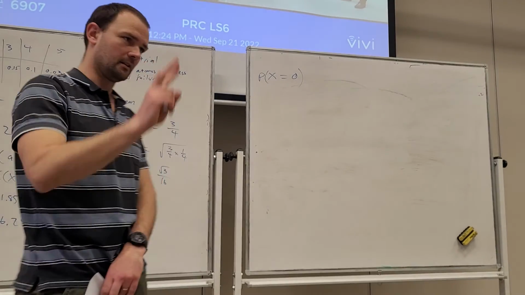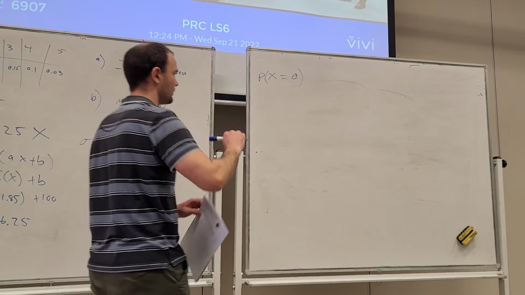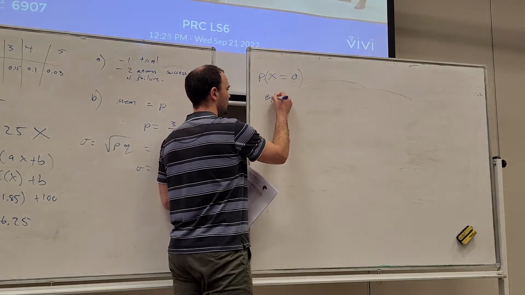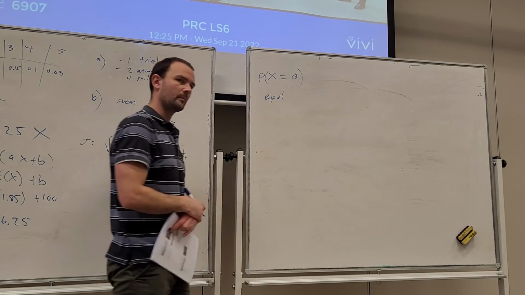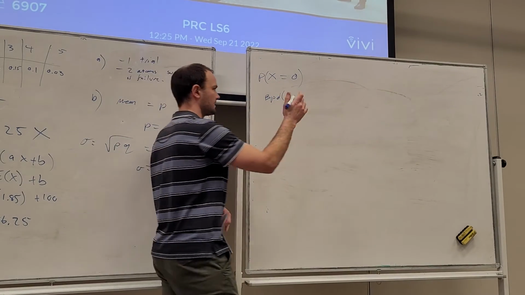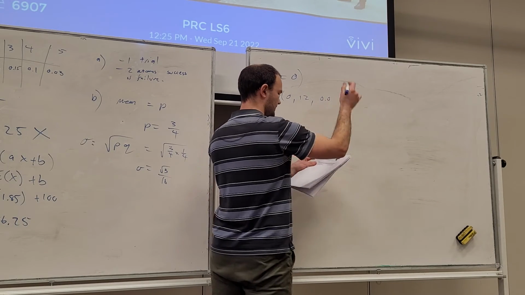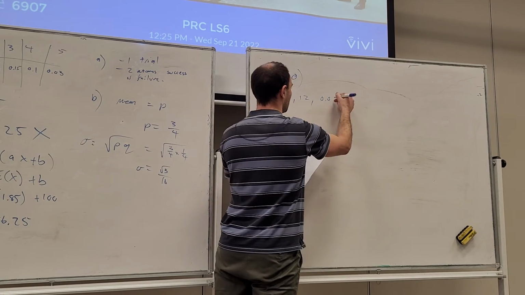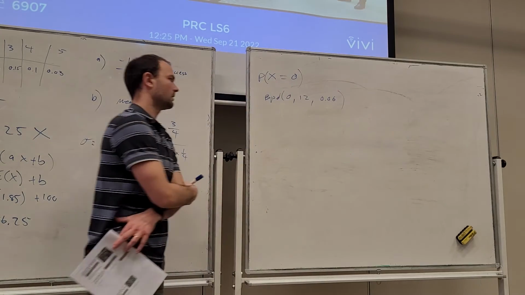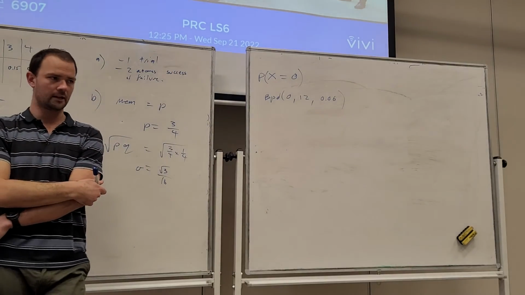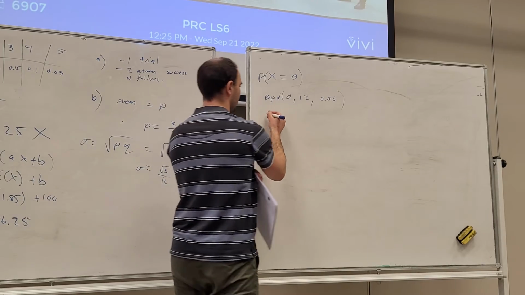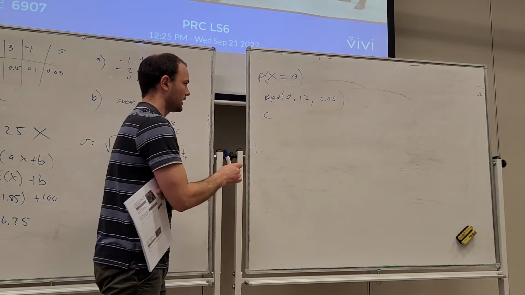That's an exact event. So let's revise 2 ways that we could analyse that. BPD, all right, we're talking about 0 successes out of 12 trials, and the probability of a success, a faulty item, is 0.06. Okay, so that's one way we can calculate it. The other way is with the binomial distribution formula, okay, which is